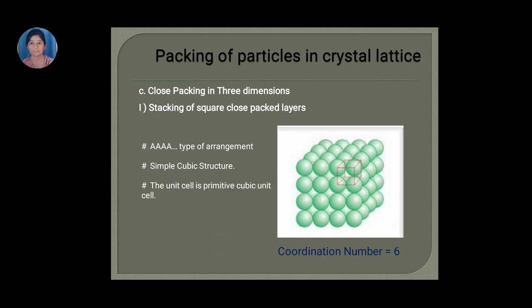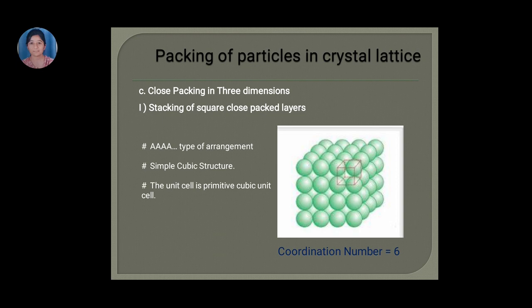That means if you have taken a layer of either AA type or AB type, and that single layer is again packed with another layer, that is second layer and third layer. This is how we can see the layers of the sheets are getting covered one after the other, and we get a 3D structure, that is in 3 dimensions. So this is how it looks. In that again there are a few types, so we'll see them one by one.